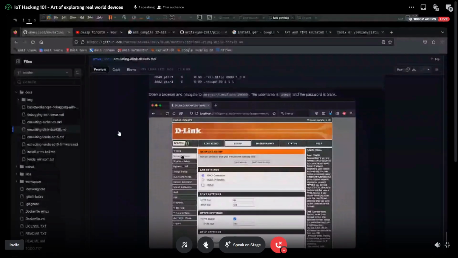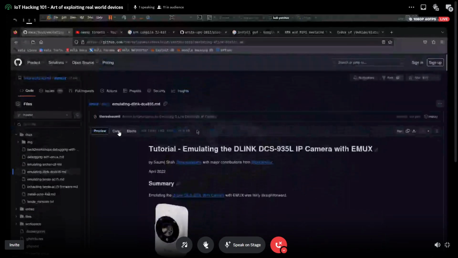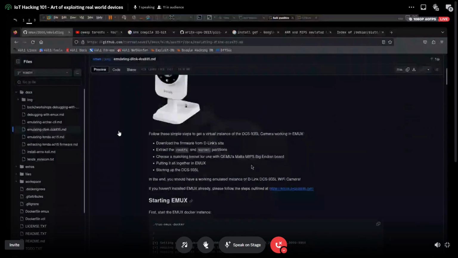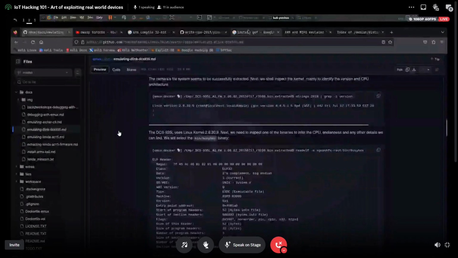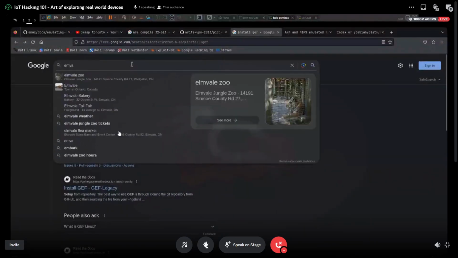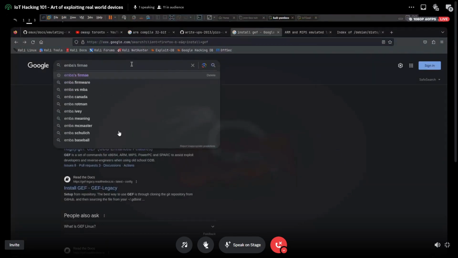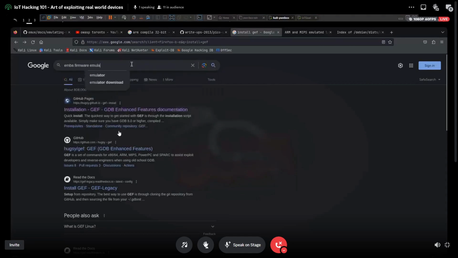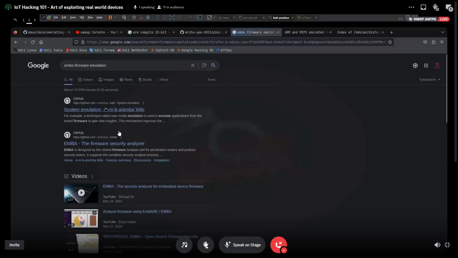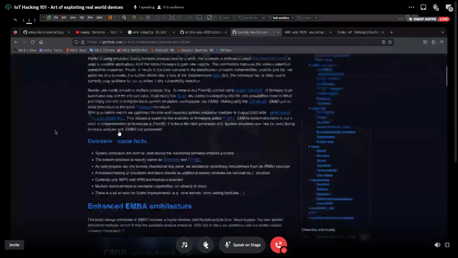So all of that, how to set those up and how to do this process, is provided in this nice framework called FirmAE. You can read the docs, and it has the whole process. There is another one which came to my attention recently. It's called EMBA. Yep, it's the old one.